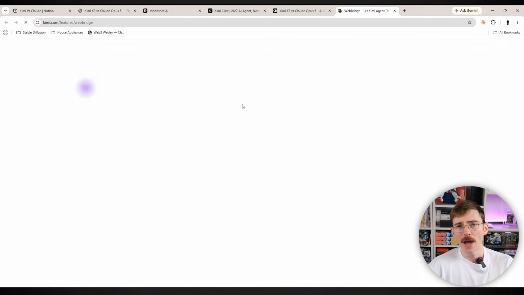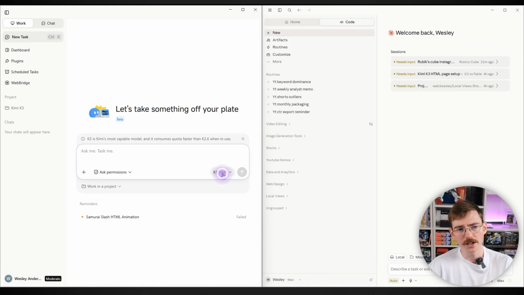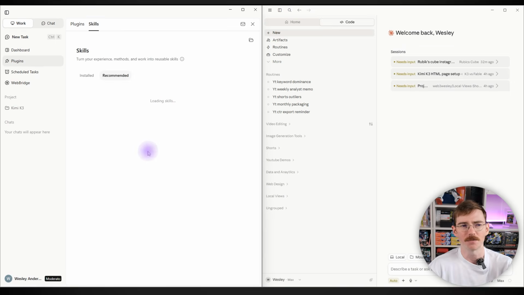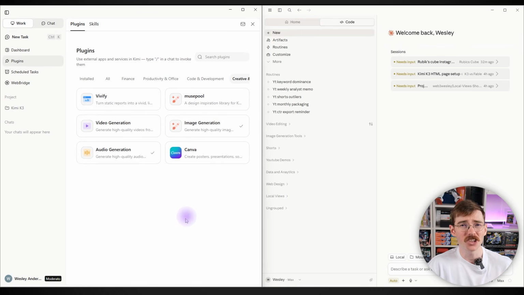It also has a Chrome extension, just like Claude has a Chrome extension if you wanted to control the browser. If you want to switch through your models, if you want to switch between full access or planning mode, all of these things work very similarly in Kimi Code, whether you're in the terminal, whether you're in VS Code, or whether you're in their new desktop app, right? So this is what I want to point out: it's going to feel very familiar to Claude, and you're going to get the hang of it very quickly. And they have plugins, they have custom skills. You're going to get most of the things you're used to. If they don't exist now, chances are in a couple weeks or a month, they're going to exist within Kimi Code.